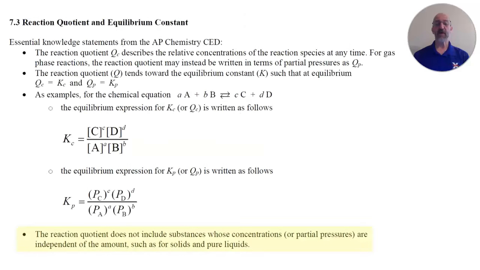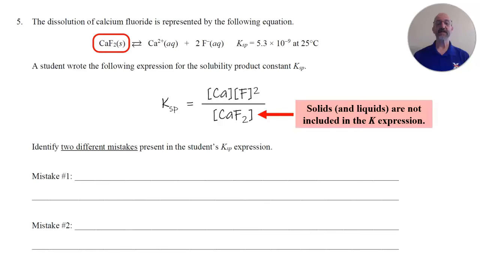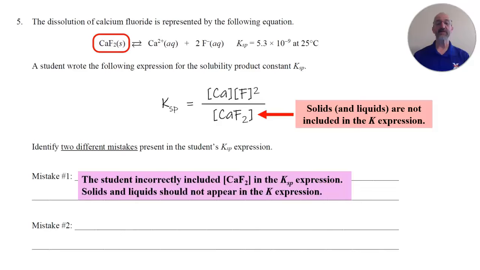So the first mistake has to do with that phase of matter. Remember that the reaction quotient or the equilibrium constant expression does not include solids and pure liquids. And there is the reactant calcium fluoride, which is a solid. So that is the first mistake. Solids and liquids are not included in the equilibrium expression, so mistake number 1 is the following. The student incorrectly included the concentration of calcium fluoride in the Ksp expression,